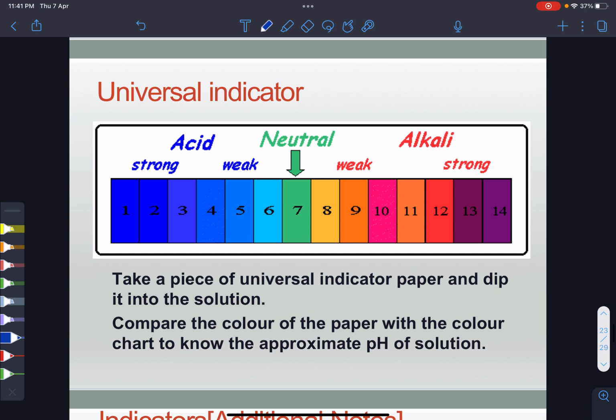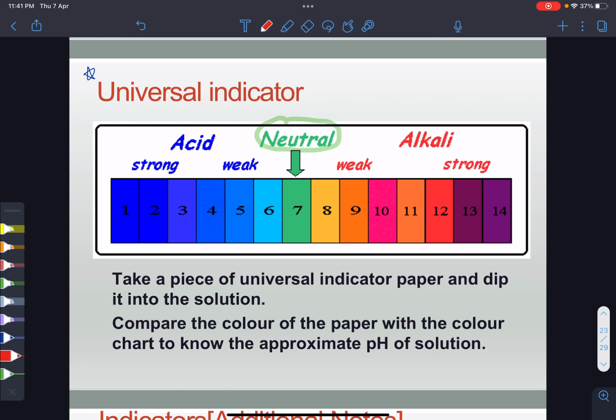I'm not too sure whether this is new to you, but it is something you need to take note of. It is in the syllabus. They do test it every now and then. So universal indicator, when it's neutral, is green. You need to know that it is green at 7. Then when it's alkaline,